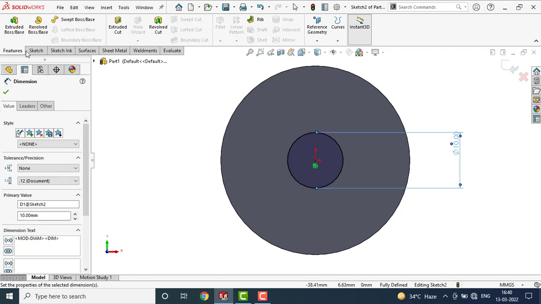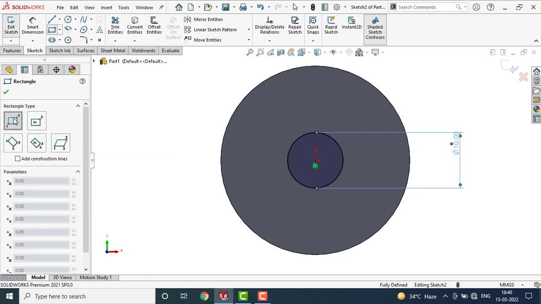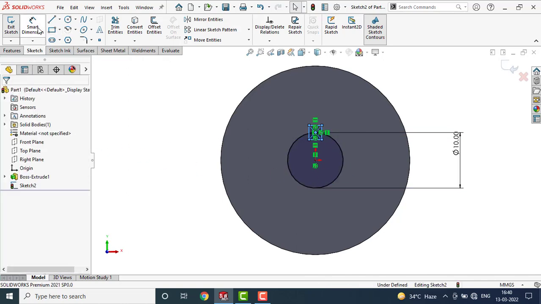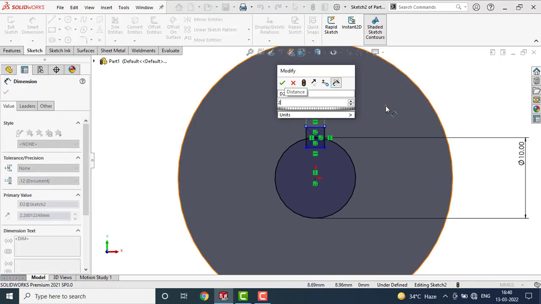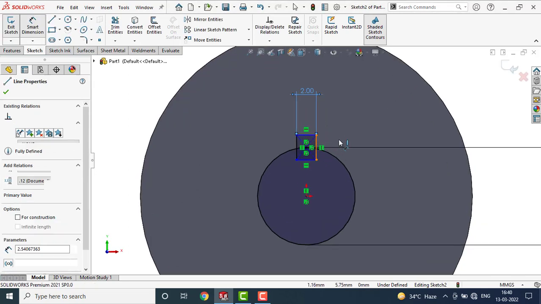Also create a keyway here. For that go to sketch, select a rectangle from here, select a center rectangle and draw a rectangle here. Go to Smart Dimensioning. Let this side be 2 mm and this side be 2 mm.